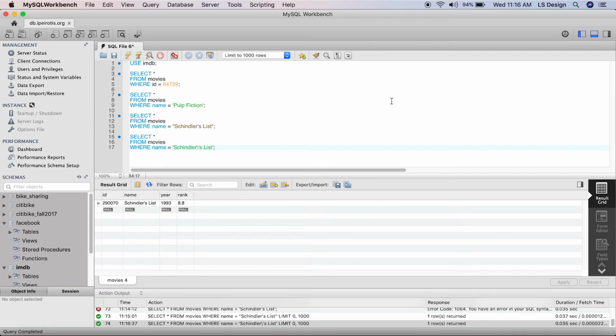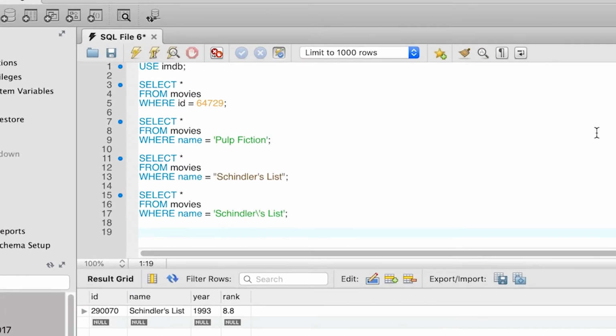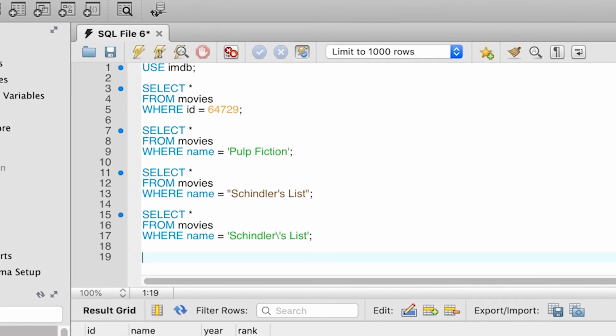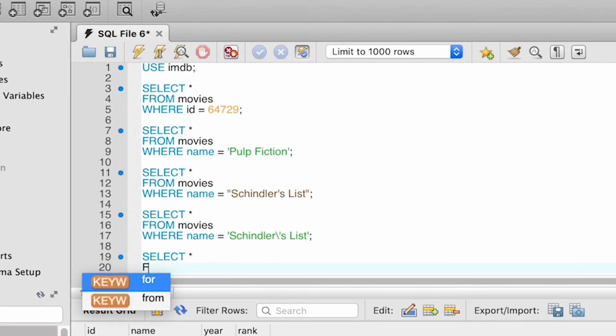Let's do one more query, and we'll also try to use the order by clause in our SQL query. What we want to do is we want to list all the roles for the movie with ID 290070, which is Schindler's List. For this query, we need the roles table. So we go and we type select star from roles.